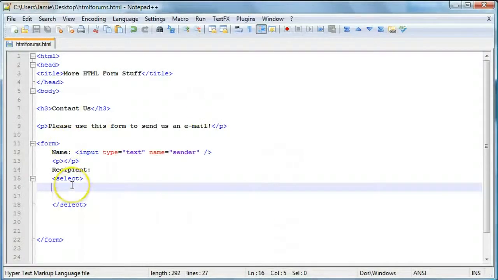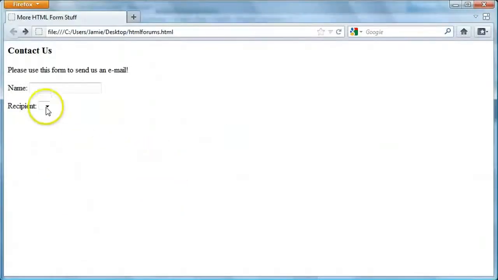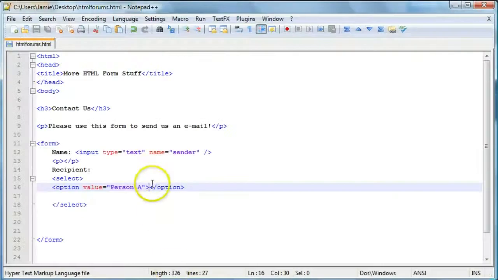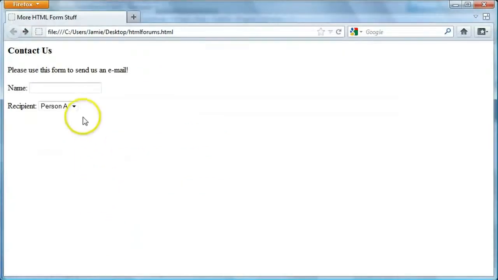So we'll come over here, and we'll give it an option. And the way to add options is just to simply say option, and then we're going to create a closing option tag, and then we're going to say value equals, and let's say we want to have an option to send it to person A, whoever that may be. So we'll save that here. We'll come over here and refresh, and you'll notice that still nothing happens. But when we come over here, in between these two tags, we're going to enter in person A, and we'll save it. And when we refresh, you'll notice that now we have a box with our single option person